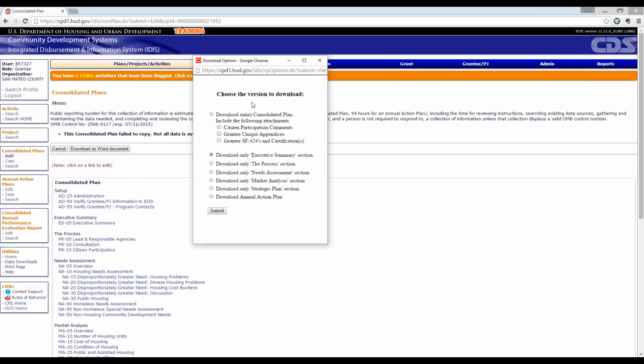That will download the data tables, that will download all of the narrative that is entered and all of the question fields in the Con Plan template, and you can share that with members to add information. And then send that back to you as the lead, and then you can manually copy and paste that into your template. Great question.